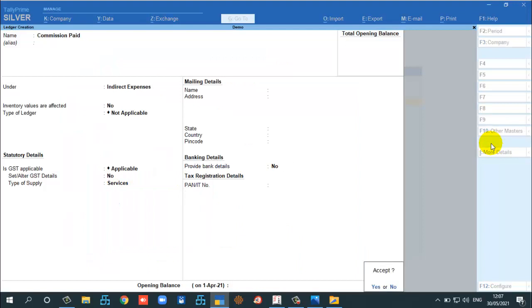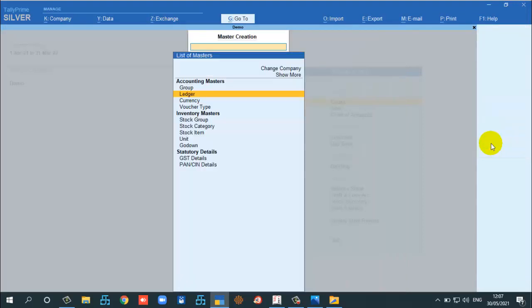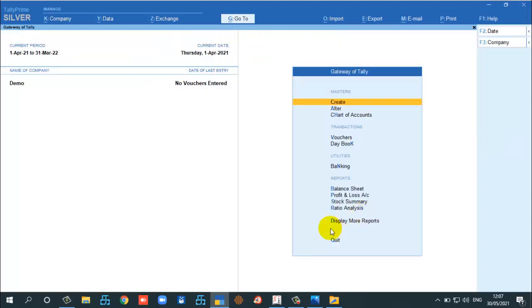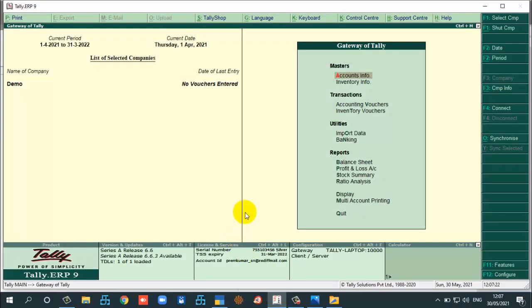Okay, everything is over. Data will not be stored heavily, since it will only fetch the code and incorporate it in the ledger master. It will not load each and every HSN here. Okay, so now we can see in Tally Prime also. Just I will show where it is.